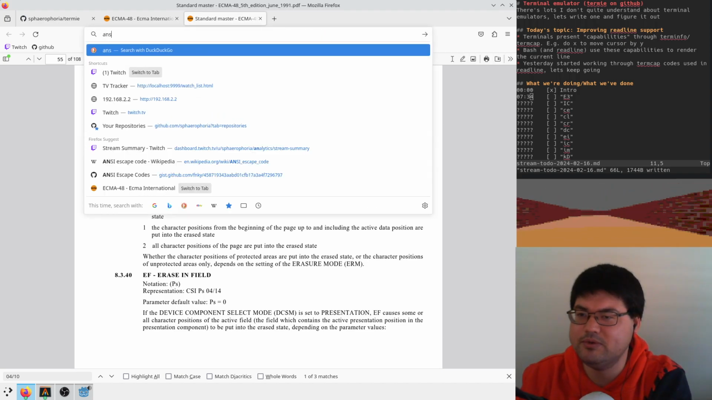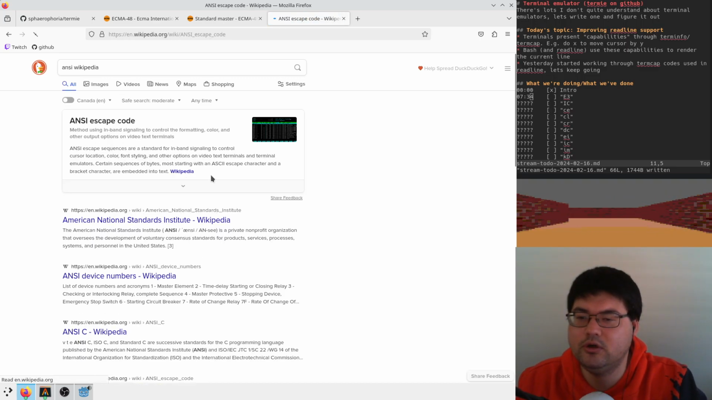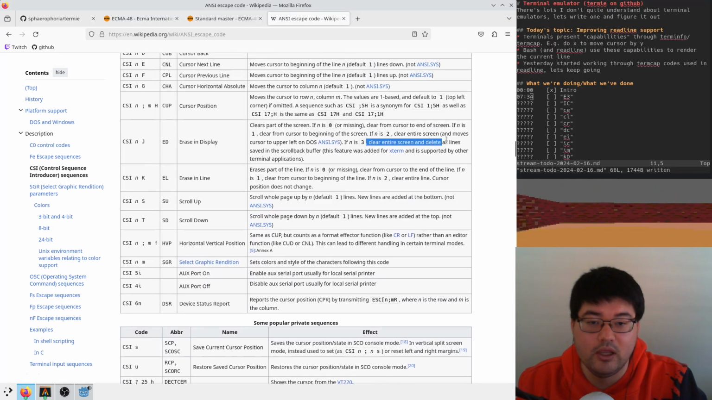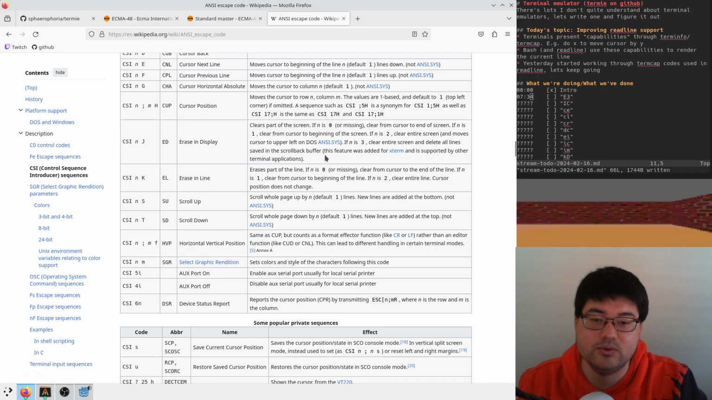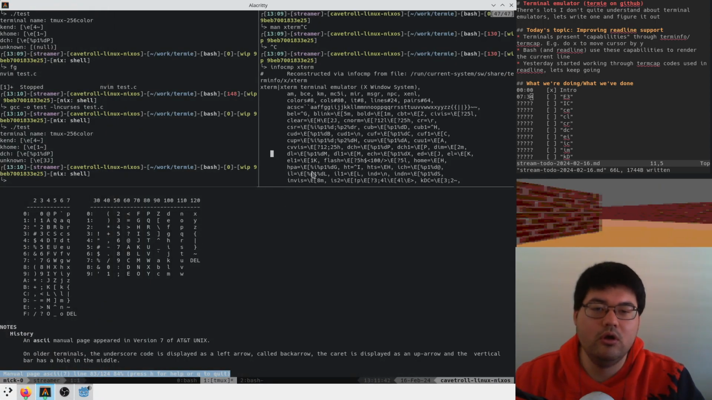Where did we read about that? Maybe it was in the ANSI Wikipedia page. Ah, yes, here. 3: clear the entire screen and delete all lines saved in the scrollback buffer. This feature was added for Xterm and is supported by other terminal applications. Okay, so